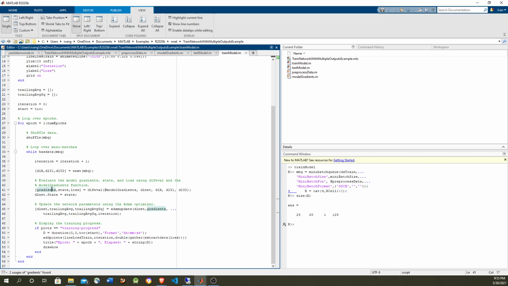To complete the gradient, we get the gradients, and then we use the Adam update to update the learnable parameters in the network, and then keep going. That's why it is called a custom training loop. Okay, so with this loop, we want to